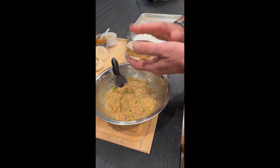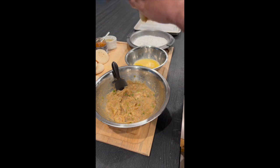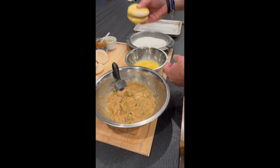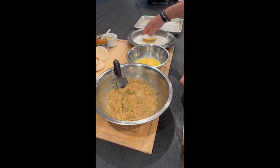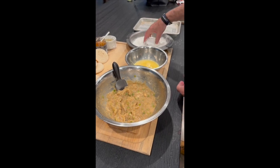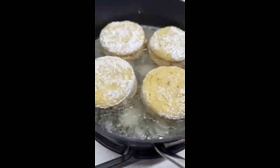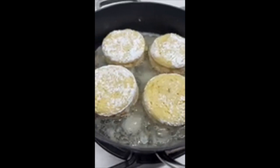Lay another piece on top of it. And you want to see, I don't know, about a 1/4 inch to a 1/3 of an inch sandwich in there. A very quick dip in egg, and then cornstarch. And that's all it is. And then after being dredged in cornstarch and put in our tray, I make 4 or 5 at a time,